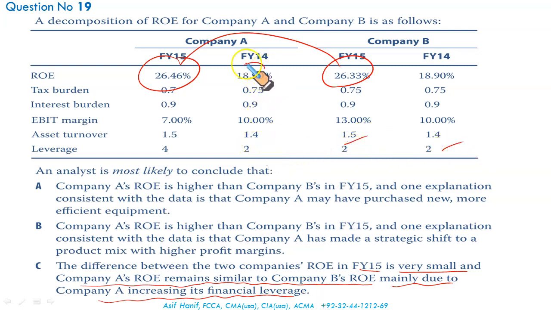Why does company A have more profitability compared to last year? Because they have increased their leverage. Leverage gives you wings. Leverage gives you the ability to earn more. You will study this in your corporate finance. Leverage empowers you to make more money. Because of this higher leverage, company A has been able to generate more profits. Leverage gives you wings as long as the market is doing well.